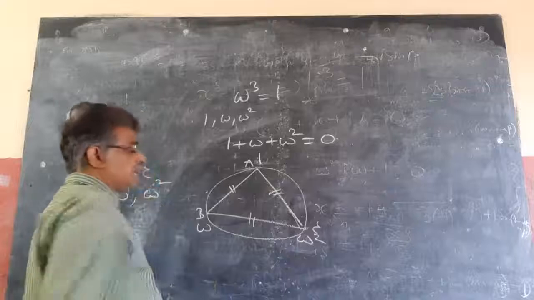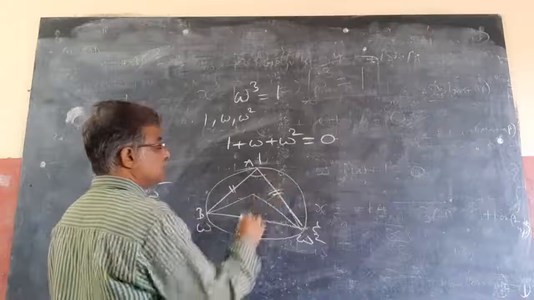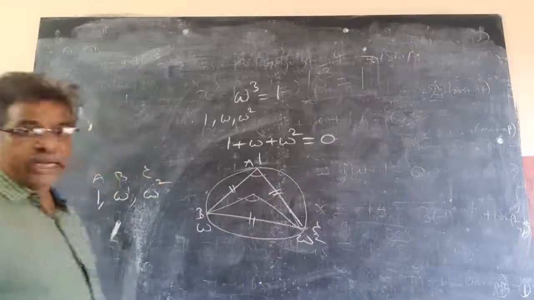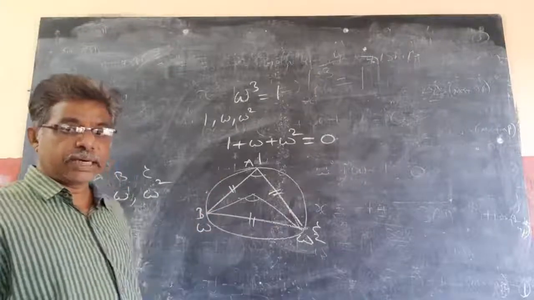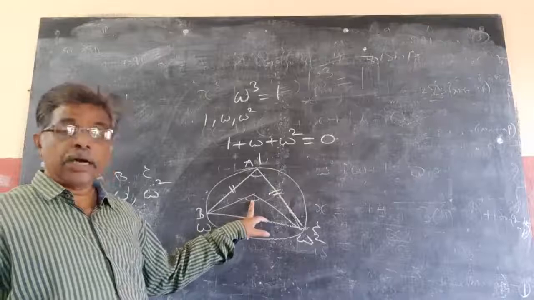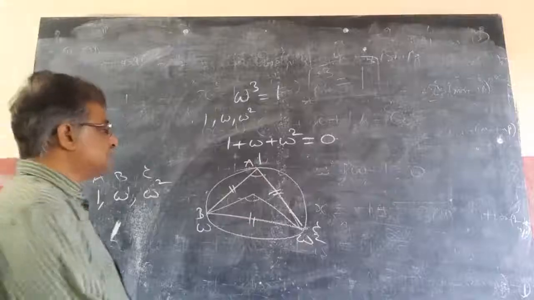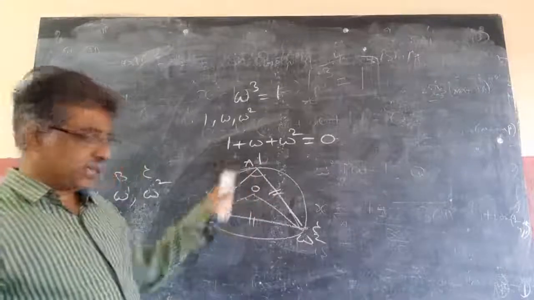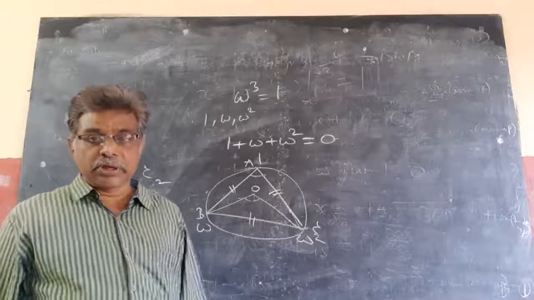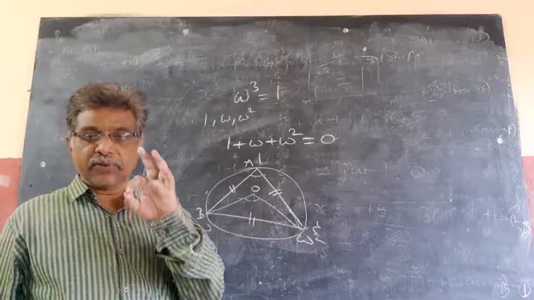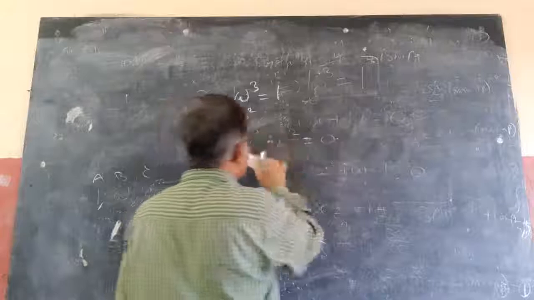This is the circumcircle as usual. So if this is 60, this is automatically 120 in an equilateral triangle. So these are always vertices of an equilateral triangle, and the central angle is 120 degrees because each angle is 60 degrees. Why am I drawing this figure and saying these are vertices of an equilateral triangle? You won't get these points in your textbook. These are very important for your exam. All these cube roots are very important for the exam.